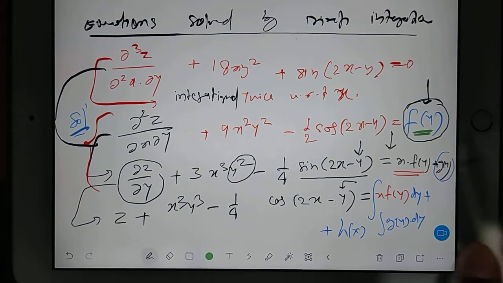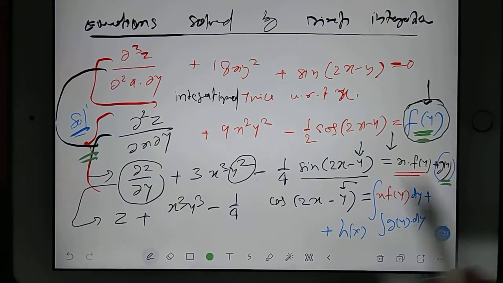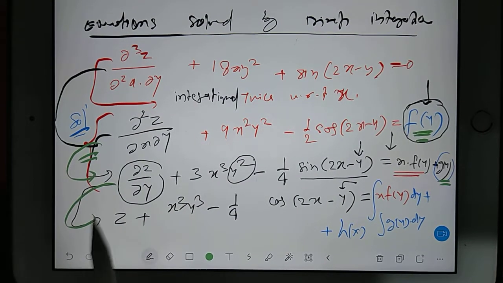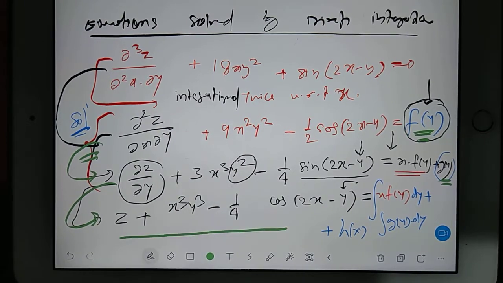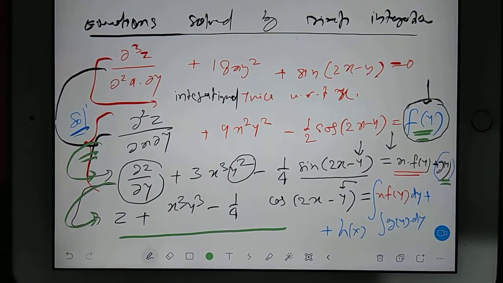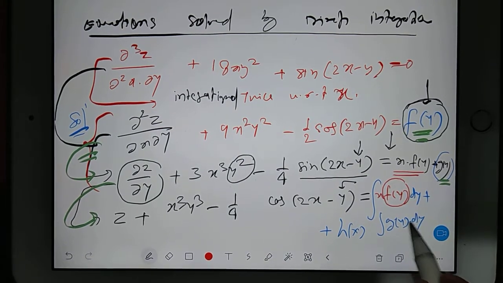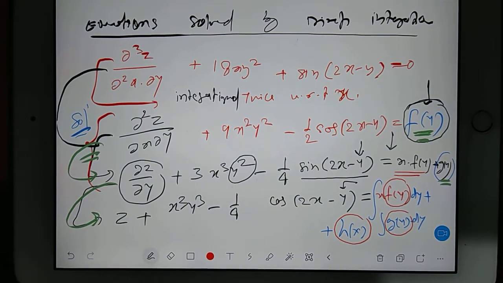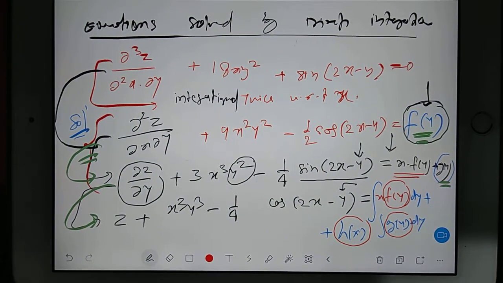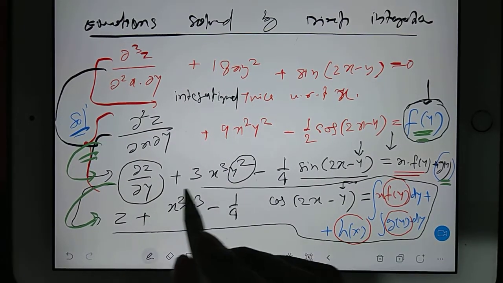Because see, earlier fy came because we integrated for x, so fy came. Then gy came because this time also we integrated for y. But now we integrated for y, so you can see hx will come. So this will be your final format. So in this equation, we have got 3 types of arbitrary. What are those 3 types of arbitrary? Fy is there, right? Gy is there, and hx is there. These 3 people are there. They are not constants, they are functions. So this total, what you are seeing, the remaining part, this total became your solution.